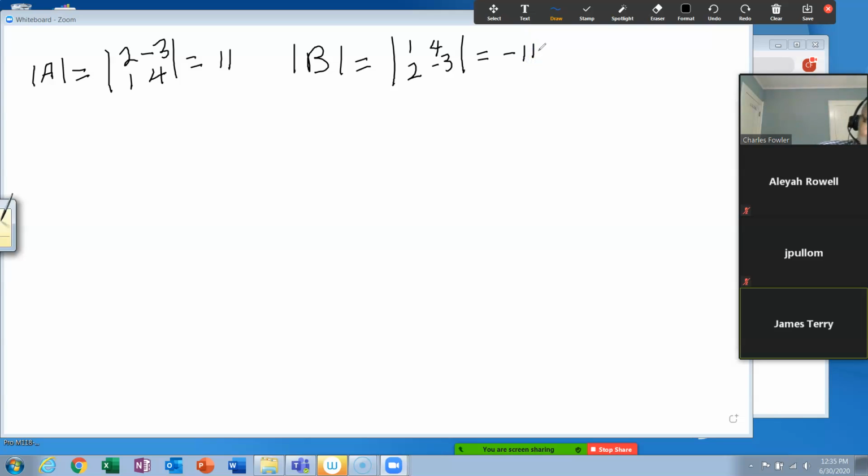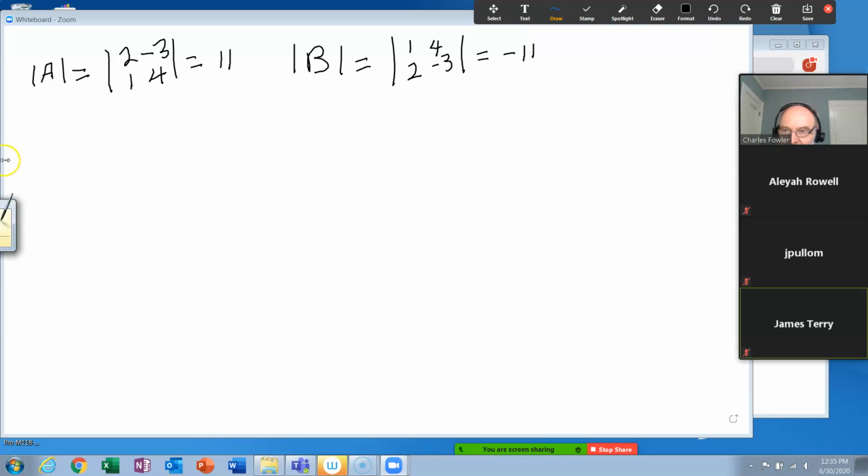Minus 11. Okay, now all you did was an elementary row operation of exchanging two rows, but that negated your determinant. It's a perfectly legal thing to do in row reduction, exactly like it said, but with determinants, it made the determinant change sign. Okay? Now,